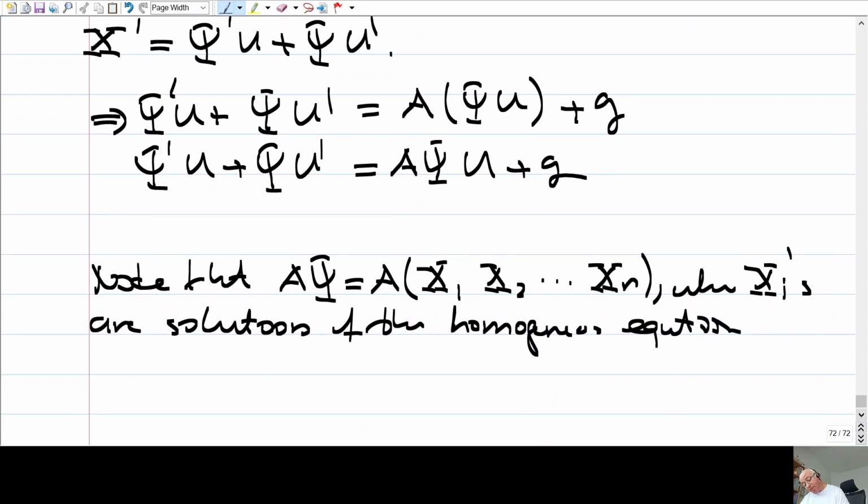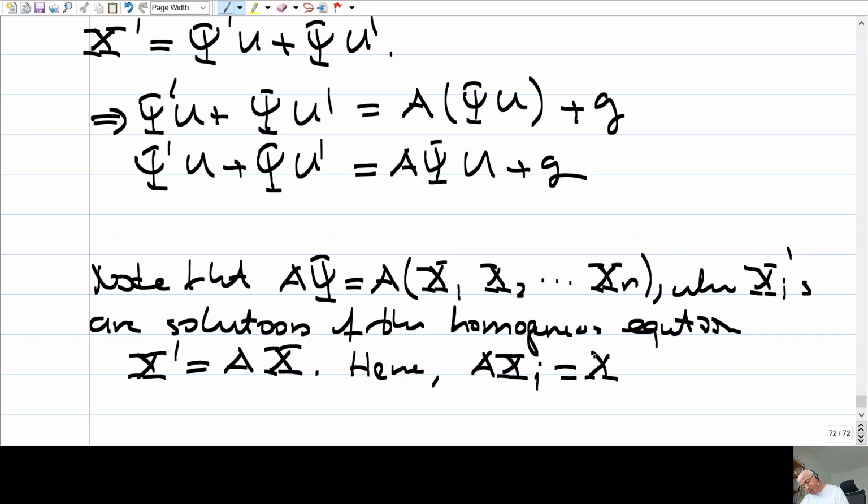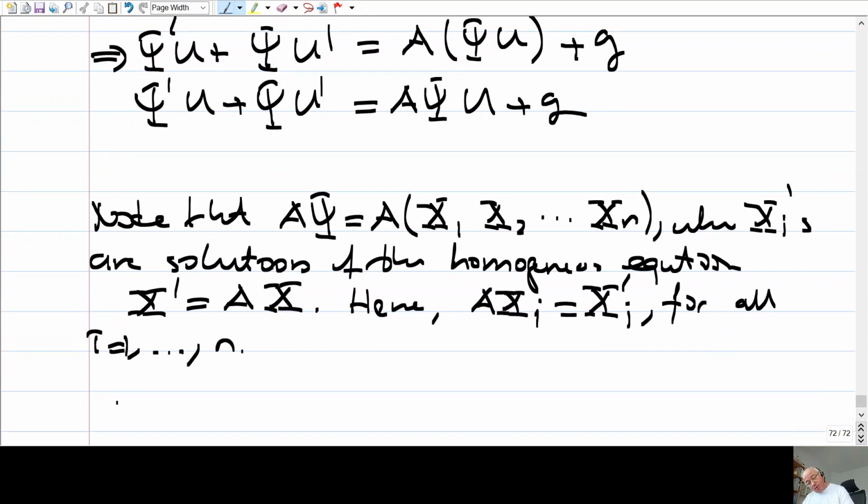Homogeneous equation: x prime equals A times x. Hence, A times x_i is equal to x_i prime for all i from 1 up to n. Right? So, hence,